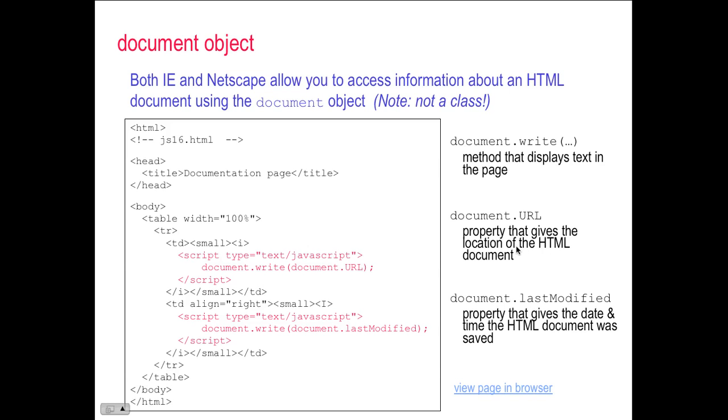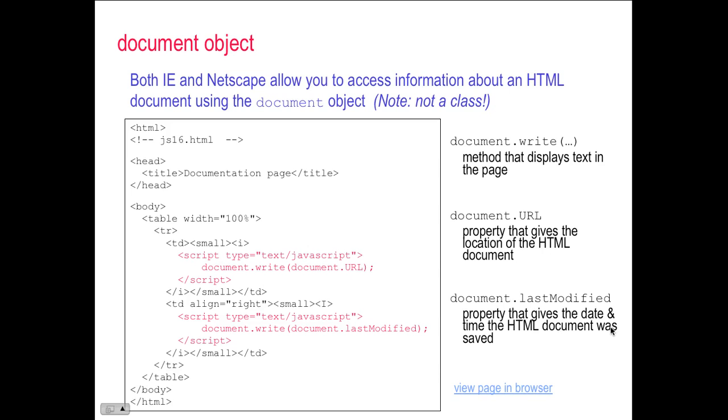Why do you want that? Well, because you want to know where it came from. What site are you on? When you call up customer service and you say, "Can you look at the bottom of the form there? What does that URL say?" You can read it. Oh, you're off the old site. Go to the new site. Here's the URL address, and so you can troubleshoot problems with where you're getting this document from. Or you can use it to save it in a cookie file, so you always go back to the same location. And then document.lastModified is going to be a property that gives you the date and